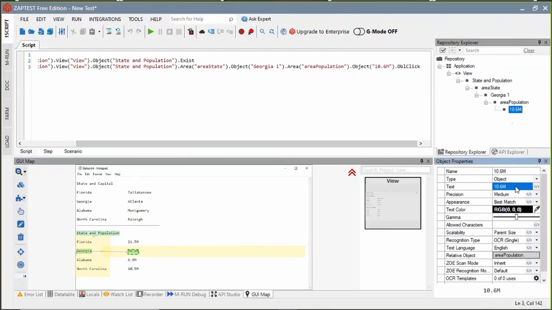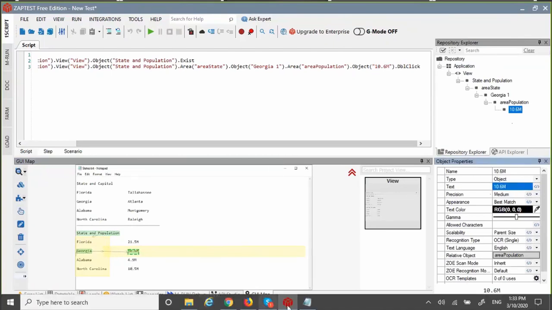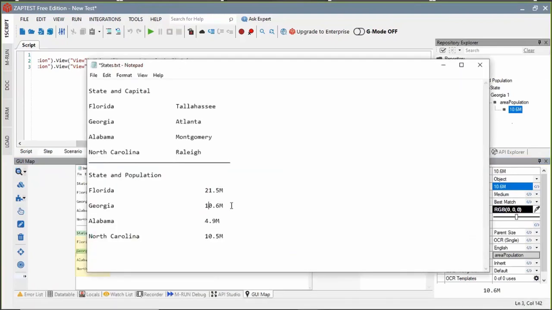What happens when the text of the object has changed? Let's say I don't have 10.5 million for Georgia, but something like 22.1. There is a potential that ZAPTEST will not find this object because its text has changed. What we can do